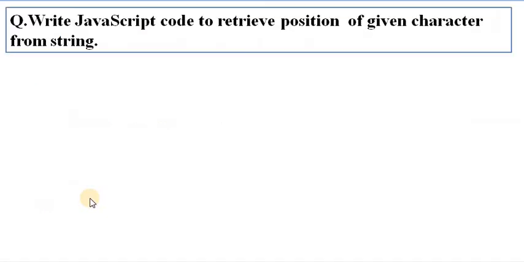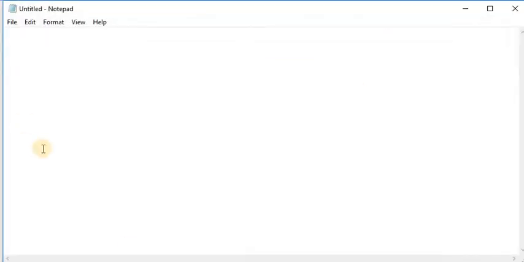Next is: write a JavaScript code to retrieve the position of a given character from a string. Let us see the code to retrieve the position of a given character from a string. First of all, take a notepad. In the notepad, write first of all the HTML tag. After HTML, take a head tag, and in the head tag, write a title tag.